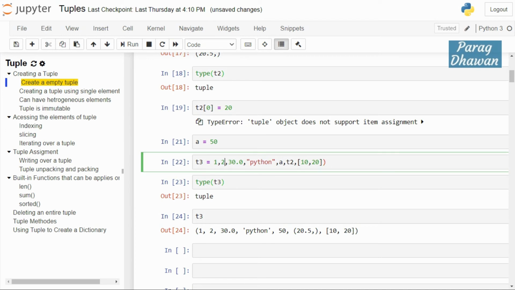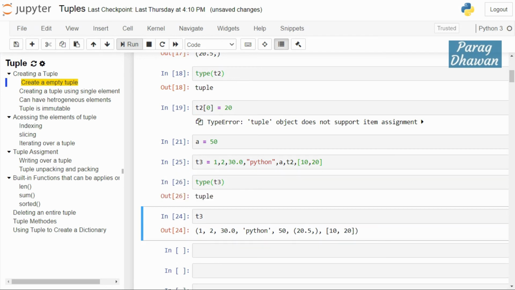Now if you want to create a tuple with multiple elements, you can create it like this also. Second syntax: t3 is equal to, in front of it multiple elements. This is tuple argument packing. These multiple elements are getting packed in t3 in this cell. Click on the cell, run the cell. Again check the type of t3, and the t3 values printed are the same.